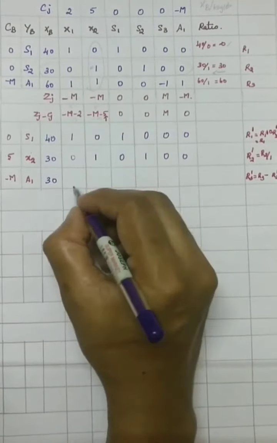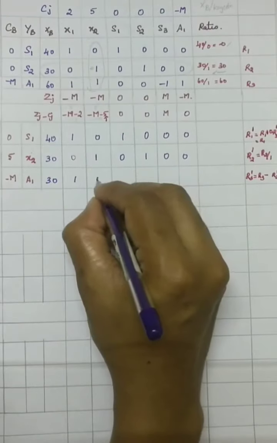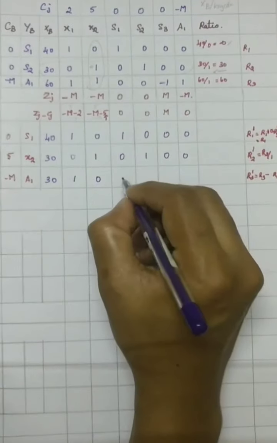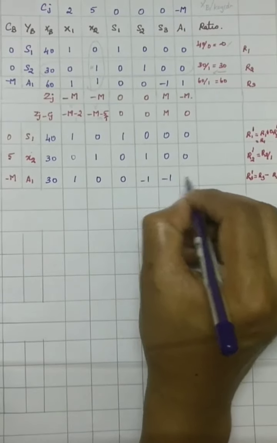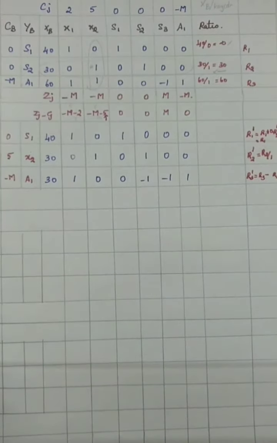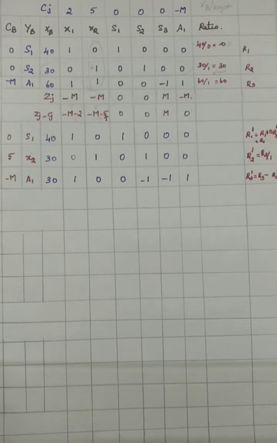1 minus 1 is 0. 1 minus 1 is 0. 0 minus 0 is 0. The next elements are minus 1, 1. So now we have to find out the Zj value. So Zj values are